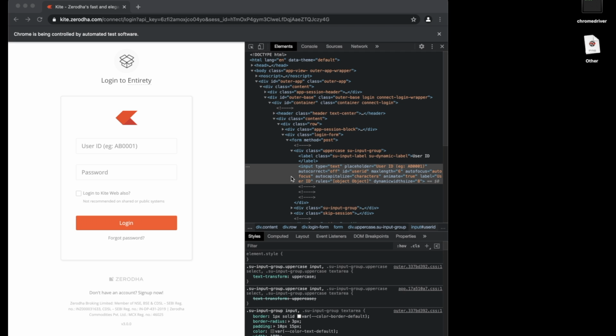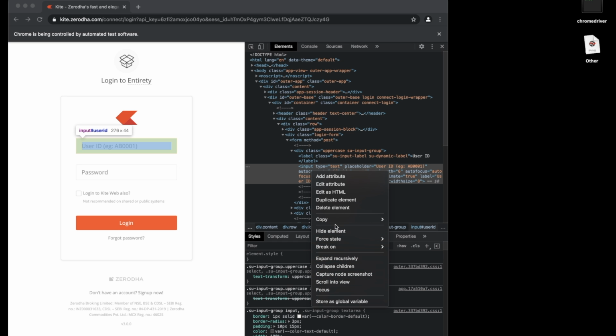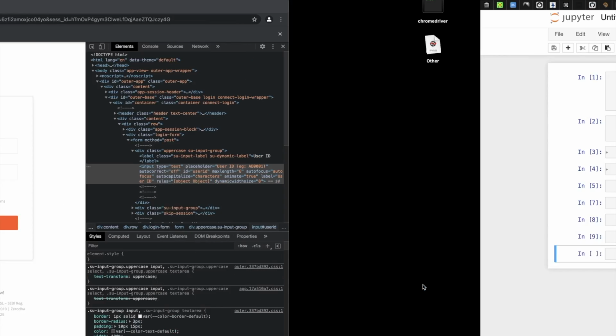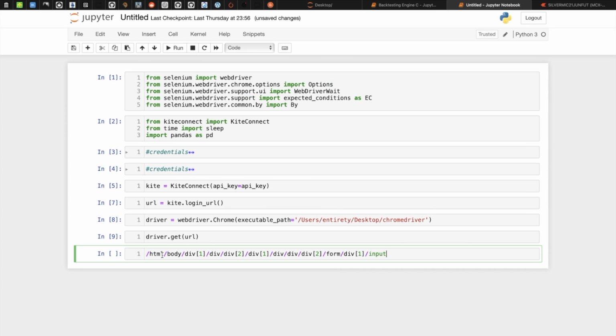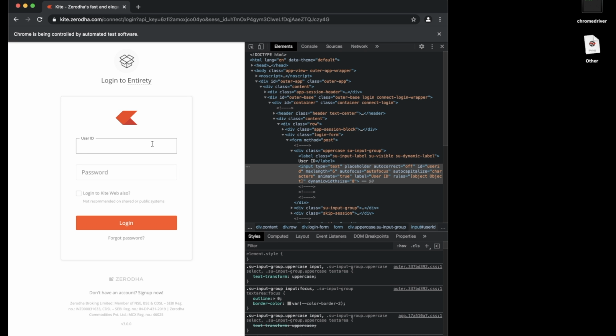The solution is setting up our relative XPath. What is relative XPath? If we copy this and get the full XPath, it is a hierarchy in which the user ID input is set up.